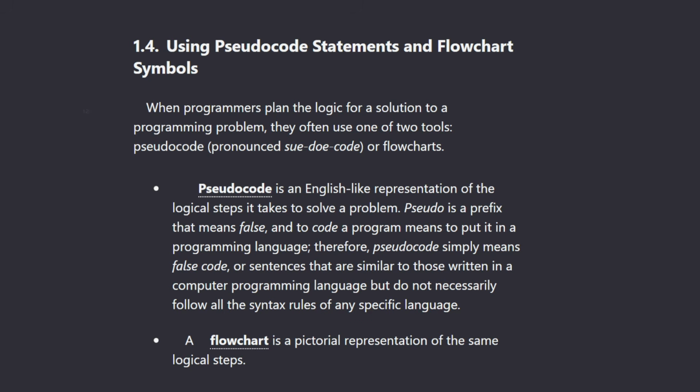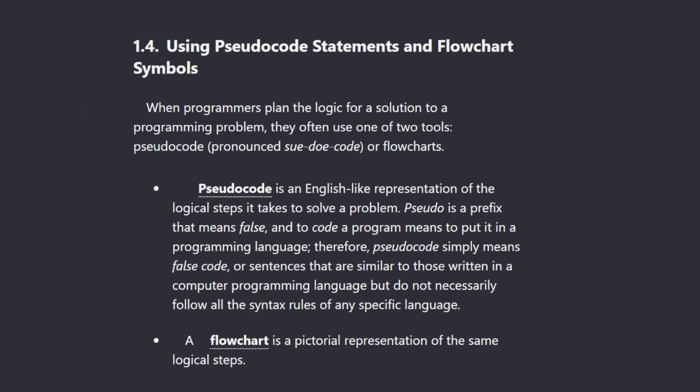Hello, so let's continue the book of Joyce Farrell, Programming Logic and Design. We've discussed previously chapters 1.1 to 1.3, and now we're going to continue with 1.4, using pseudocode statements and flowchart symbols. When programmers plan the logic for a solution to a programming problem, they often use one of